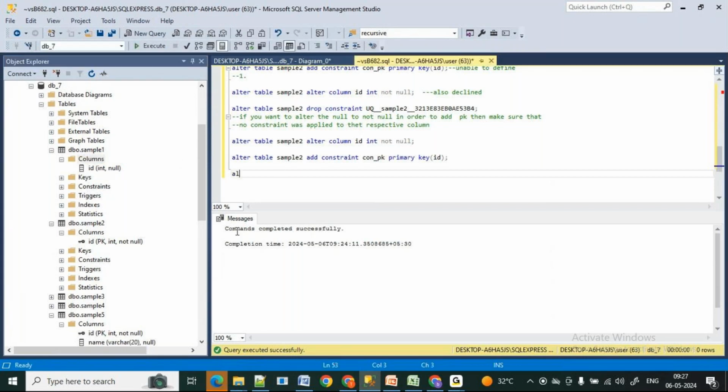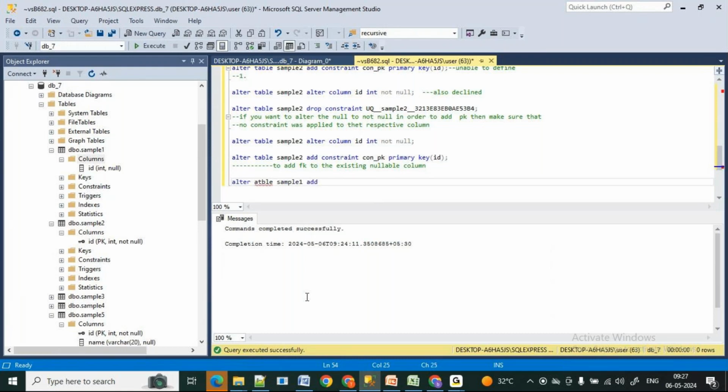Help me out to add FK, meaning foreign key, to the existing nullable column.